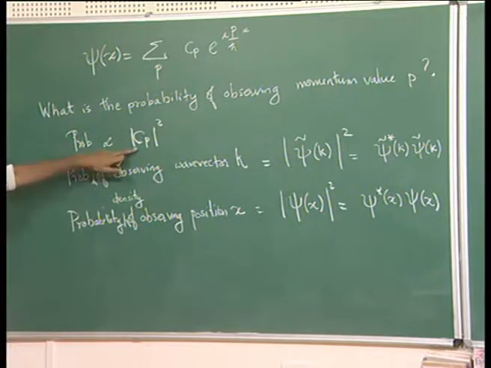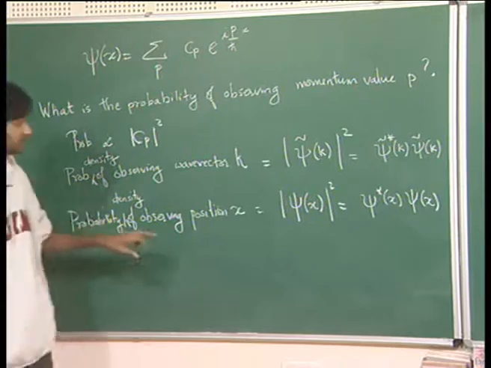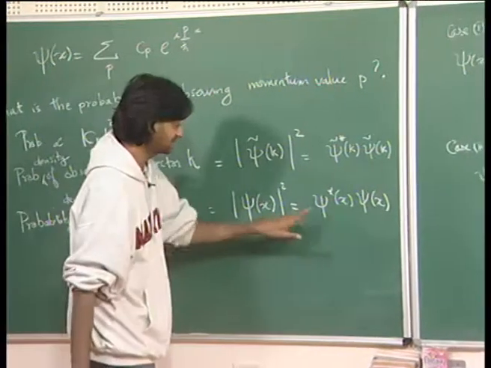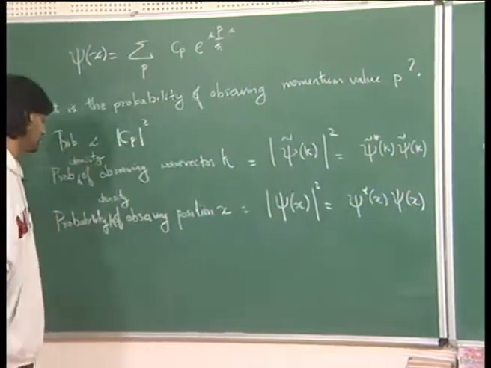Okay. So now when you go to discrete variables, when your values of momentum can take only certain values, you can talk about probability, but when your values of momentum can be continuous, then you have to talk about probability density. So just as psi star psi represents a probability density,